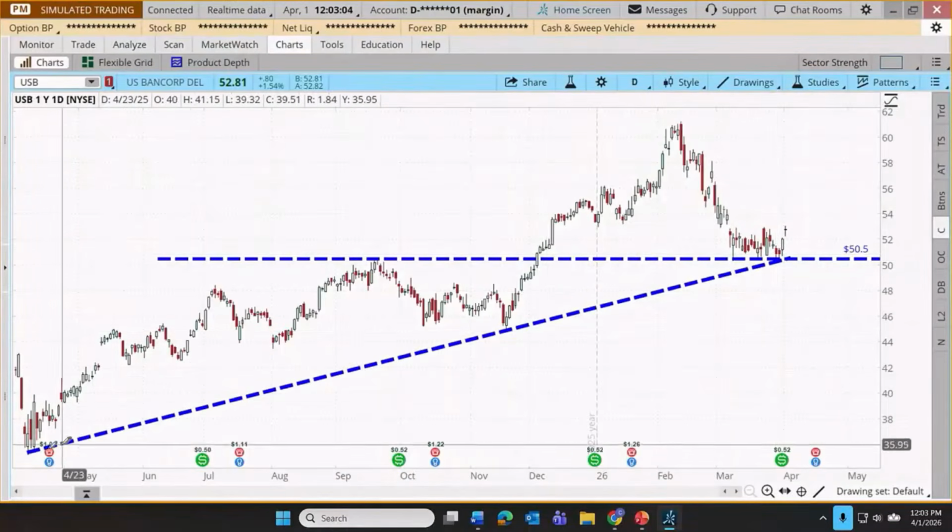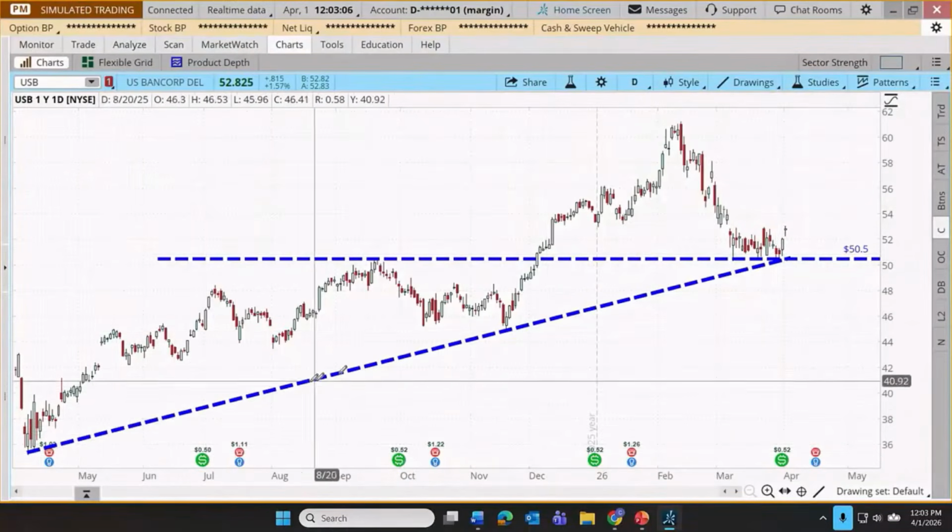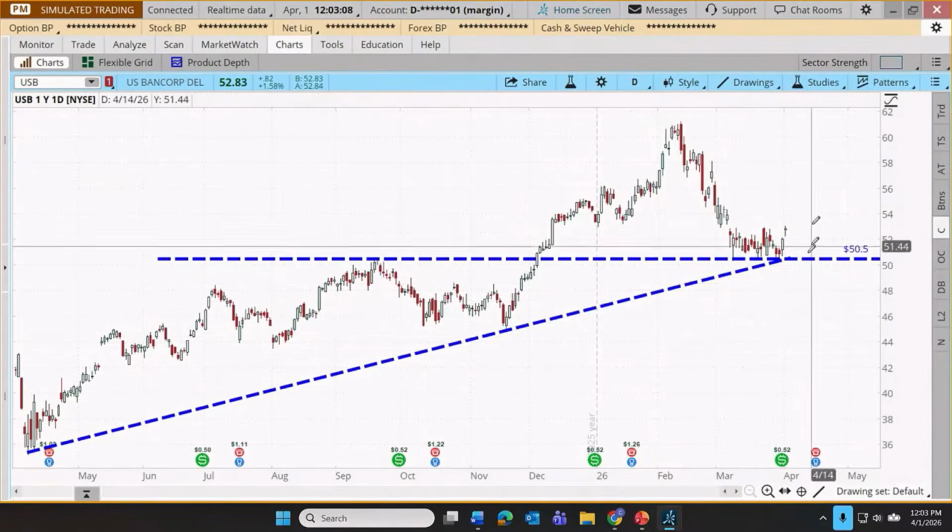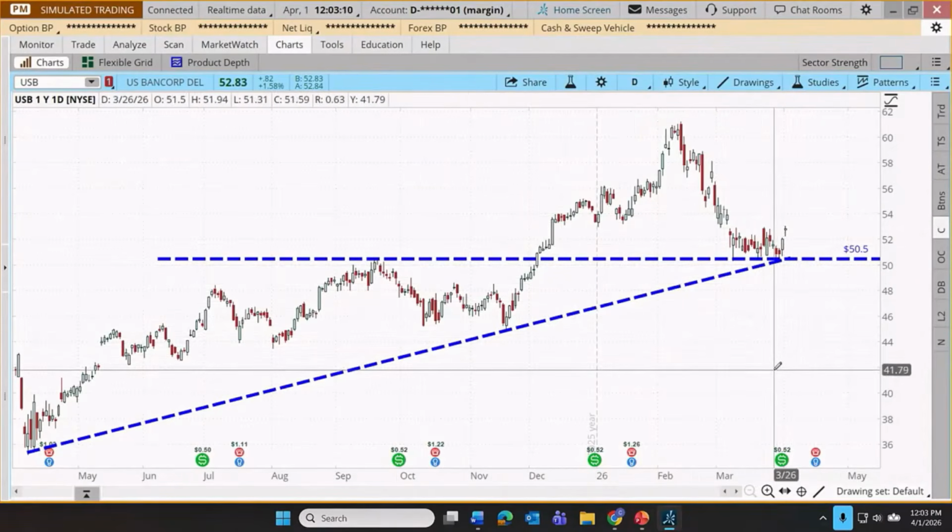Or maybe it caught their eye that the stock has been bouncing along an upward sloping trend line. In any case, let's just say that their attention's on USB, and they want to acquaint themselves with this Active Trader tool. Let's go see what that has in store for us.